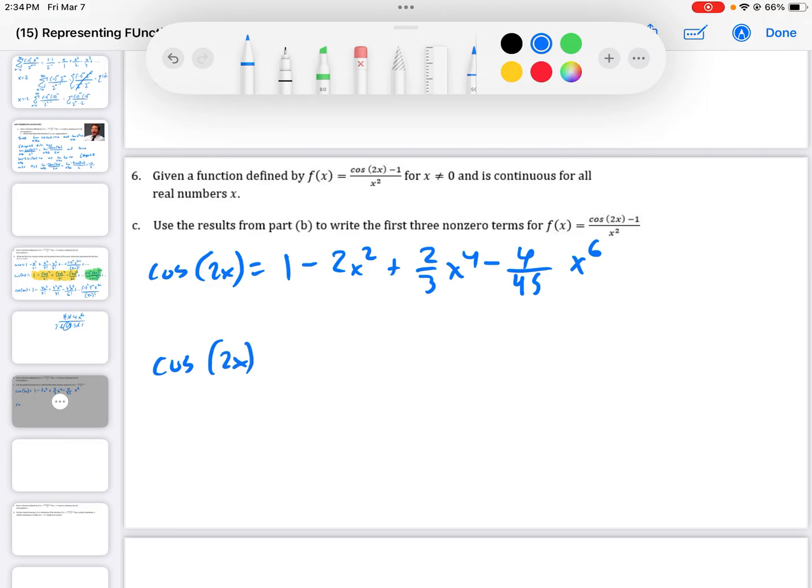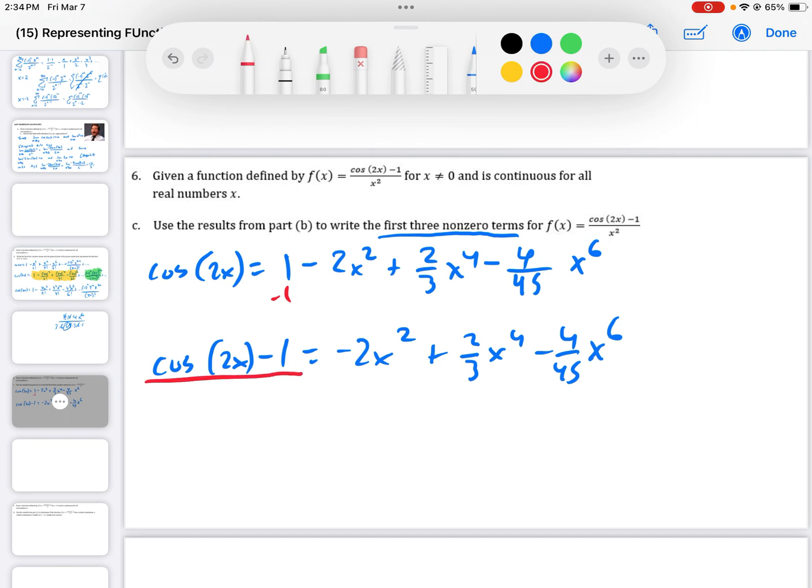All right, so then I would do cosine of 2x minus 1. I just subtract 1 from that, and I basically just get negative 2x squared plus 2/3 x to the 4th minus 4/45 x to the 6th. That's why I say the first 3 non-zero terms. I had 4 non-zero terms in the last one, but as soon as I subtracted 1, that eliminated one of the terms. Now if I divide all these by x,